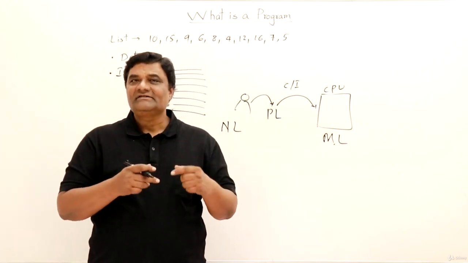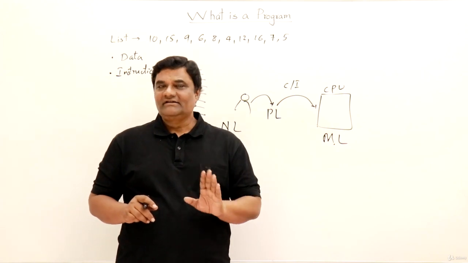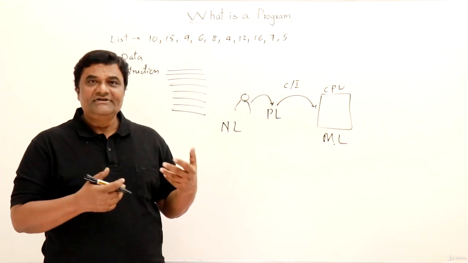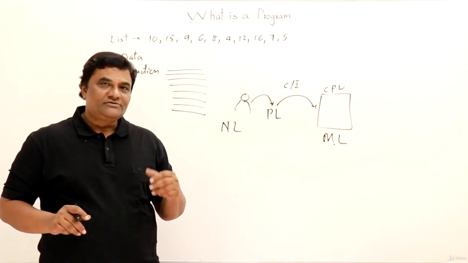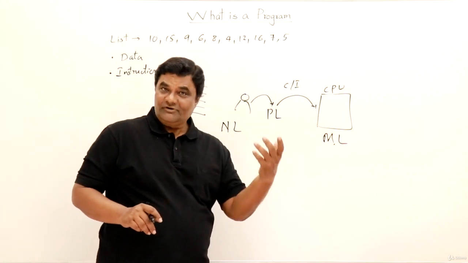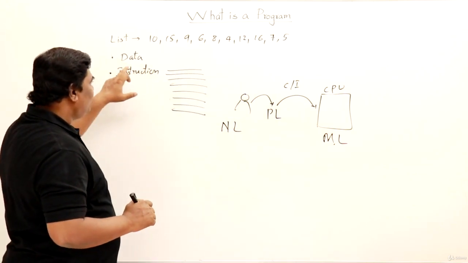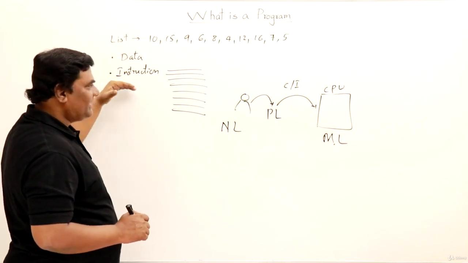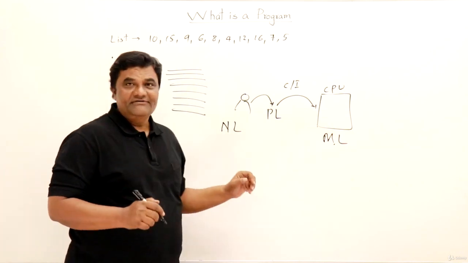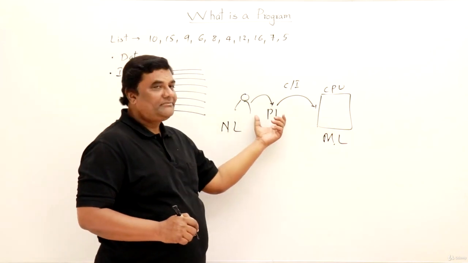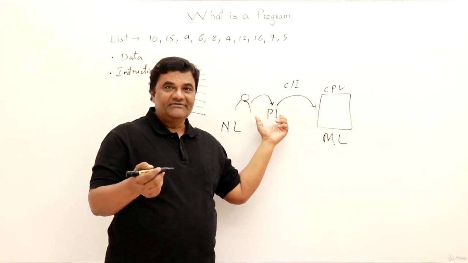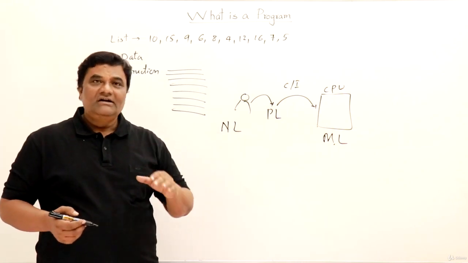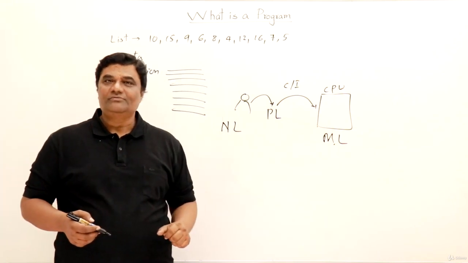Let us revise the things very quickly. So I started with a calculator. A calculator is not a programmable device. Now we want our machines to know the procedure. Just we will give the data, we will not give the procedure. So for that we need a language so that we can write a program. So what will a program contain? Data and the set of instructions upon that data. These are the two main parts or ingredients of a program. But this has to be written in machine language, and we don't know machine language. So we introduce an intermediate language, a programming language that is helpful for us, and which will translate that into machine language, machine code, the program that is understandable by the CPU.